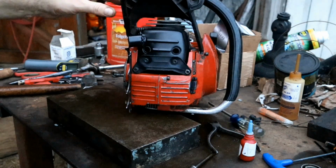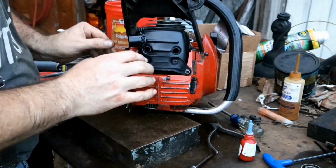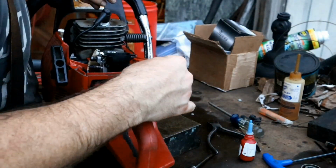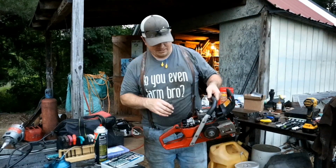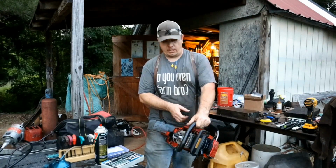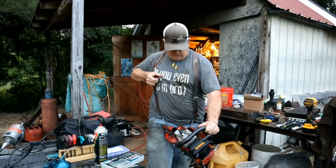Okay. Oh goodness. Goodness gracious. Okay, we are ready for fuel. Alright, man, what a journey. First fire after full rebuild, port work, and machine work. So, let's see